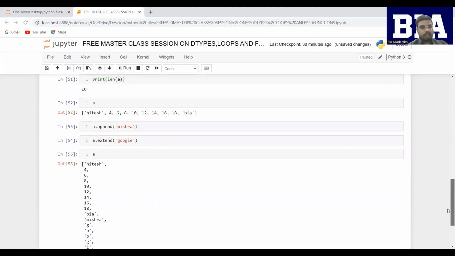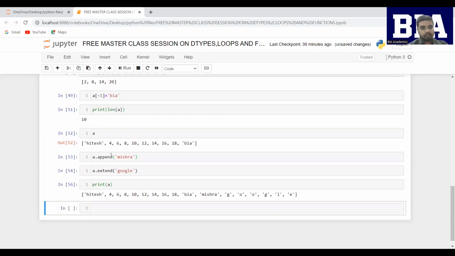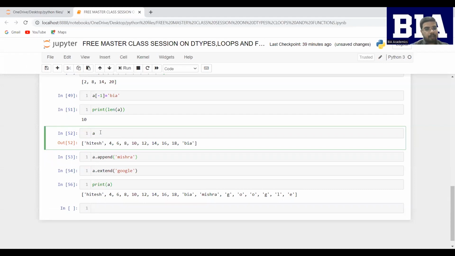So this is my list. मैंने क्या किया, जब मैंने लिस्ट चेक किया था तो I was having 10 elements. I changed the first element to Hitesh and the last element to BIA, which is my 10th element. So I changed two elements, the first element and the last element. Now after that, what I did is